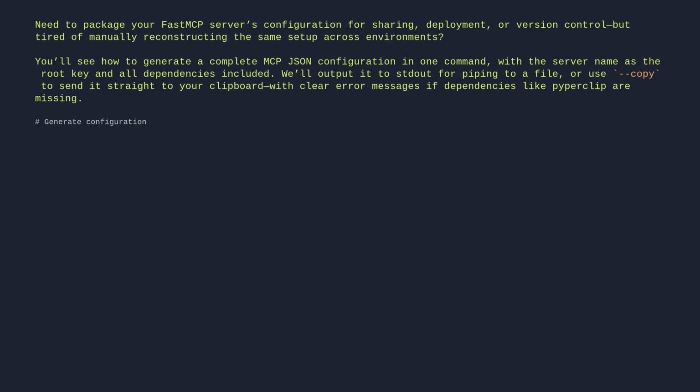# Generate configuration and output to stdout. fastmcp install mcp-json server.py --server-name "Dice Roller" --with pandas